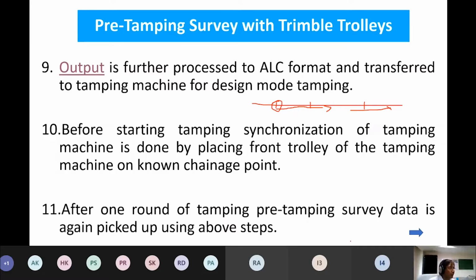After one round of tamping, that pre-tamping survey has to be done again, so whatever residual lifts and slews are there can be picked up. As you know, there is a limitation of tamping of maximum 50 millimeter slew and 40 millimeter lift. So keeping these in mind,